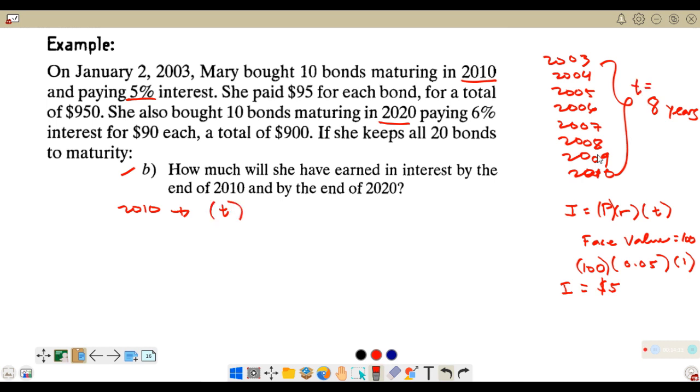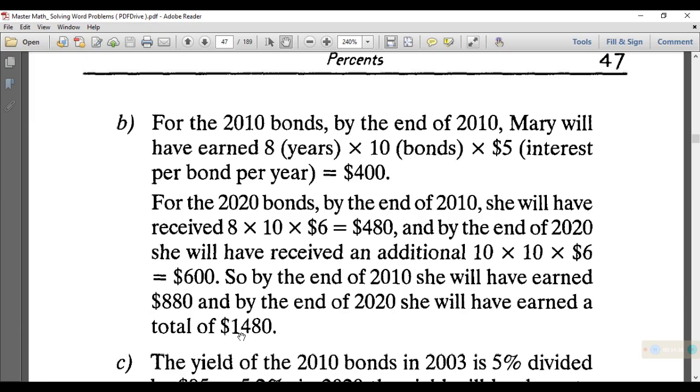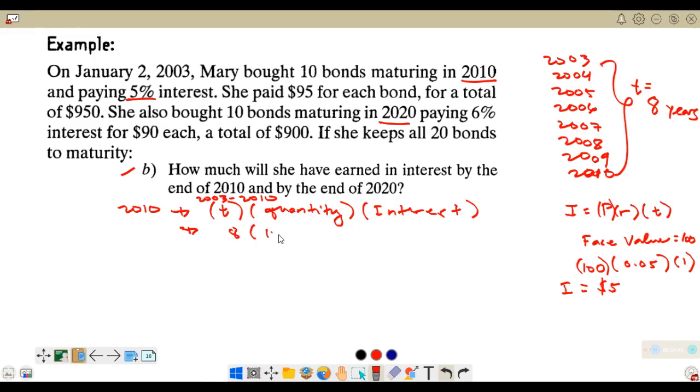Our time here is from 2003 to 2010. And then, the quantity of your bonds, and of course, the interest. This is where our values come from. So, 8 years, 10 bonds, $5 interest per bond per year. So, we have 8 times 10 times 5, which will give you $400